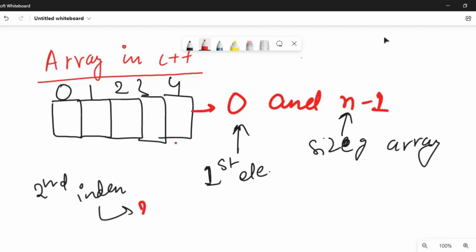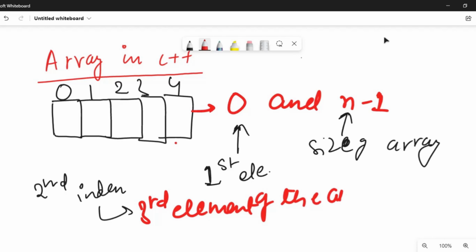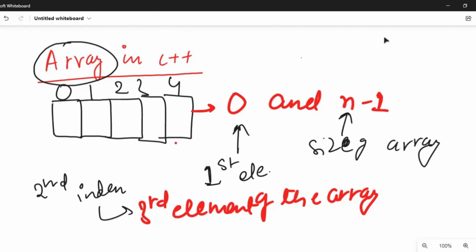The second index would be the third element of the array. So the main concept behind understanding this array is, for example, we need to define here 100 variables.